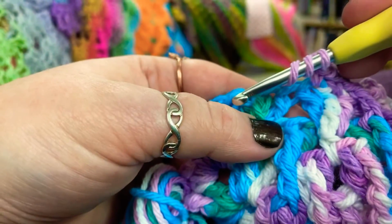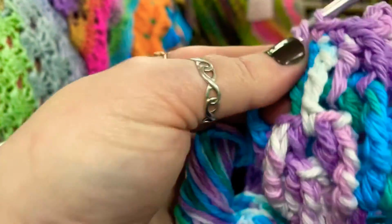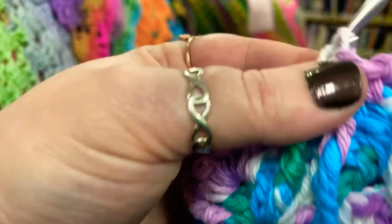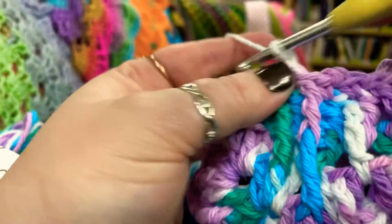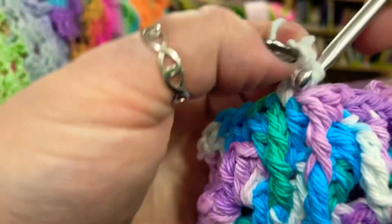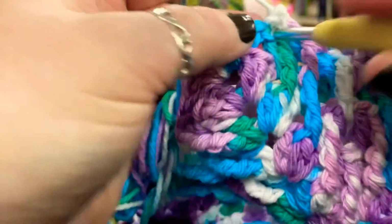Okay, loop twice, go under this front post here, pull up through 2, through 2, and through 2 again. One single crochet gets us right to the top of this. We're going to do a picot, the chain 3, through the 2 bases, and off with the last loop there. Okay, single crochet,